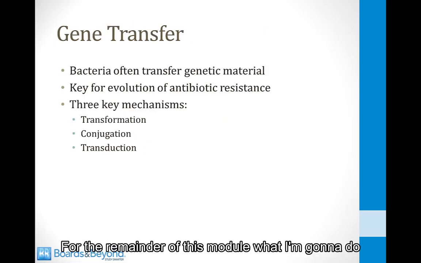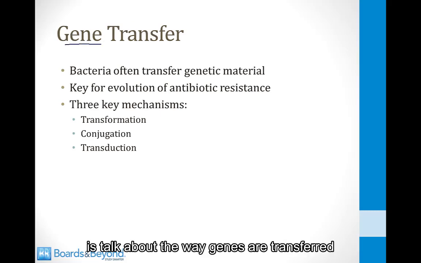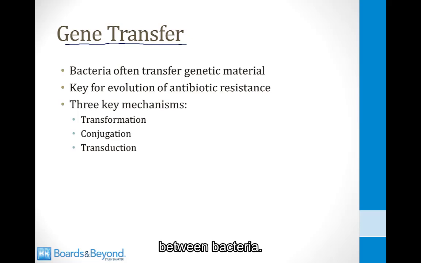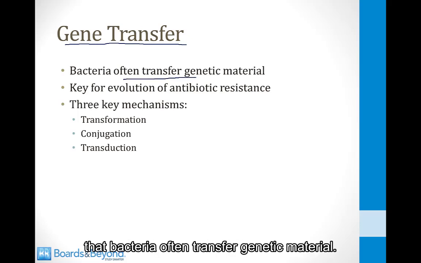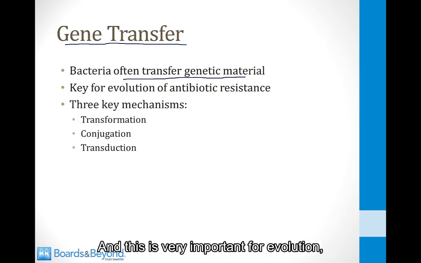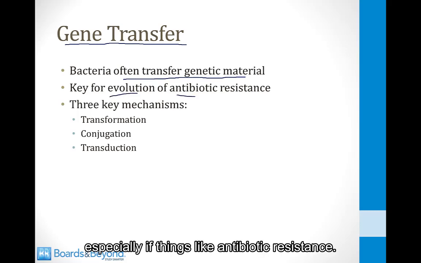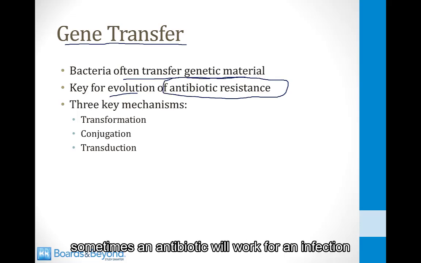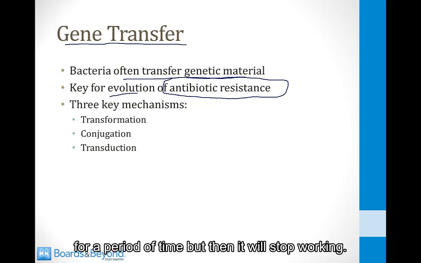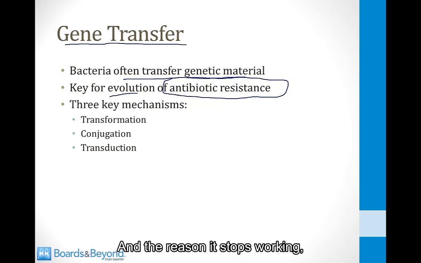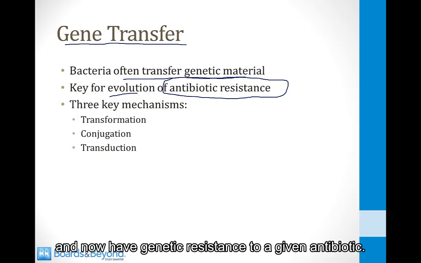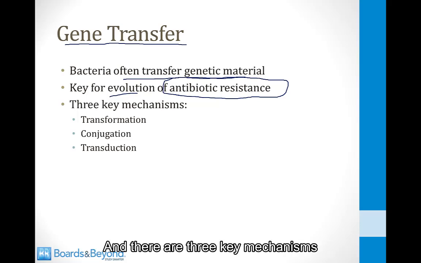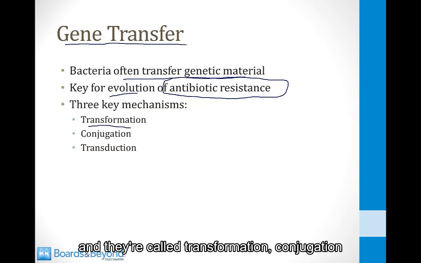So for the remainder of this module, I'm going to talk about the way genes are transferred between bacteria. You should know that bacteria often transfer genetic material, and this is very important for evolution, especially of things like antibiotic resistance. Sometimes an antibiotic will work for an infection for a period of time, but then it will stop working. The reason is that the bacteria have evolved and now have genetic resistance to a given antibiotic. There are 3 key mechanisms by which bacteria transfer genetic material, and they're called transformation,